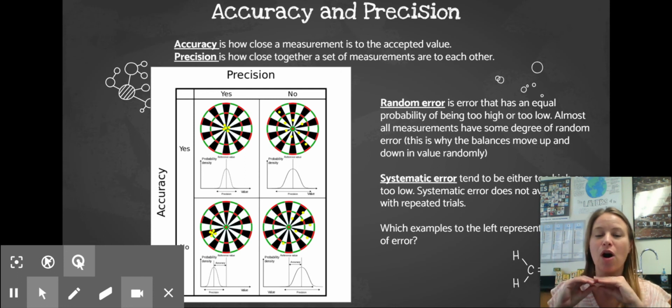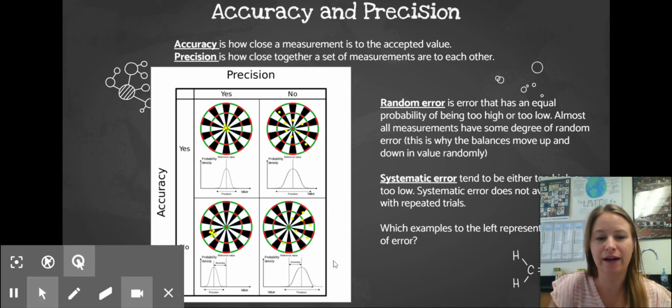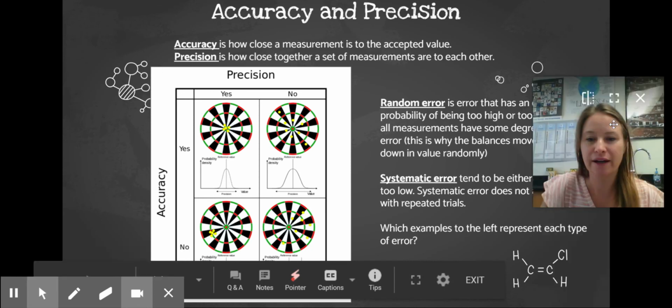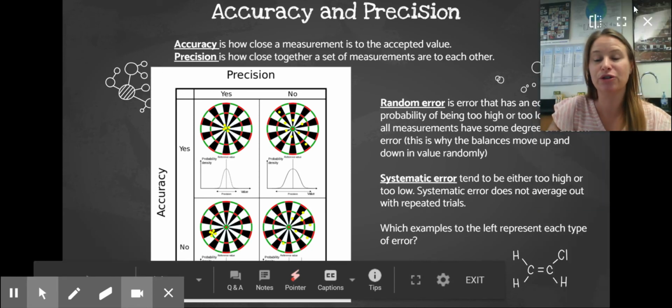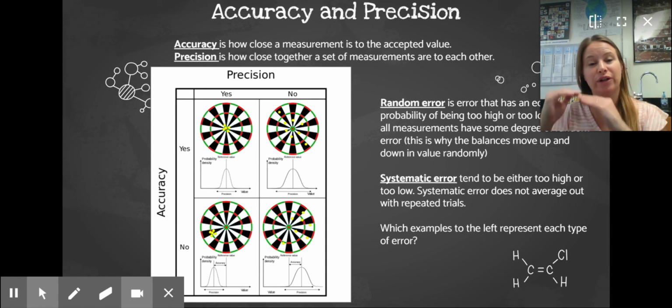They're hard to almost completely eliminate. We try to reduce them as best as we can because we want good results, right? We want to be accurate, as close as we can to the actual value. But all measurements have some degree of random error. Systematic error, on the other hand, is going to be either too high consistently or too low consistently, and that has to do with something in the system being wrong. The procedure is telling you to do something incorrect, so you're getting the same result every time, but it's not